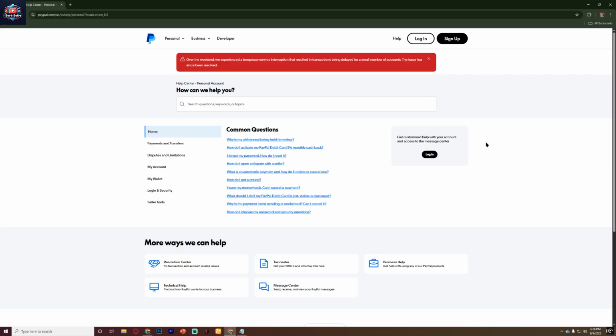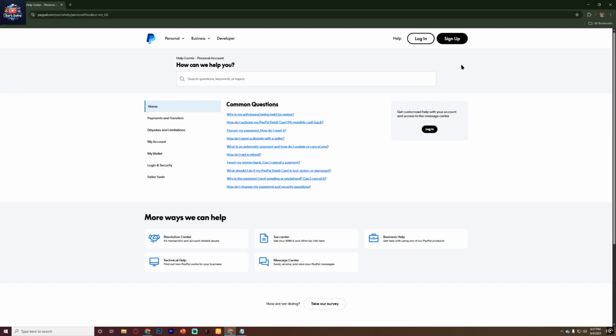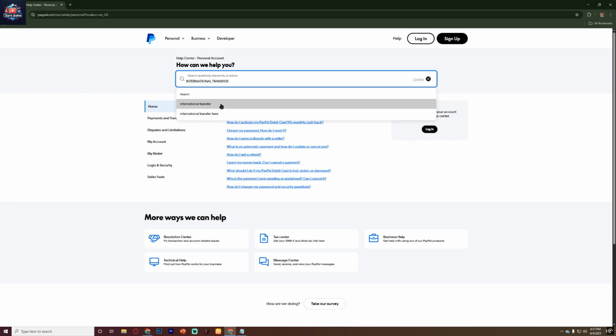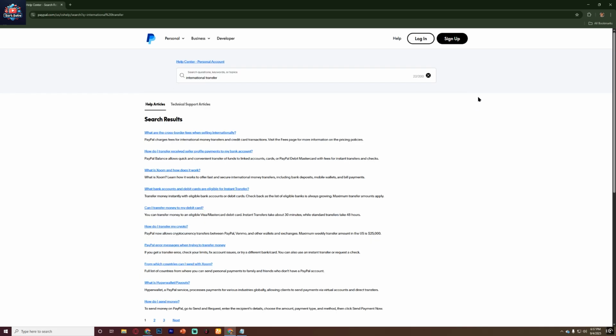First, make sure the recipient's email is correct and that their PayPal account can receive international payments. Next, check your linked bank or card to confirm it allows international transactions, since some banks block cross-border transfers by default. Also, ensure that your PayPal account is verified with an active bank and card linked, because unverified accounts often